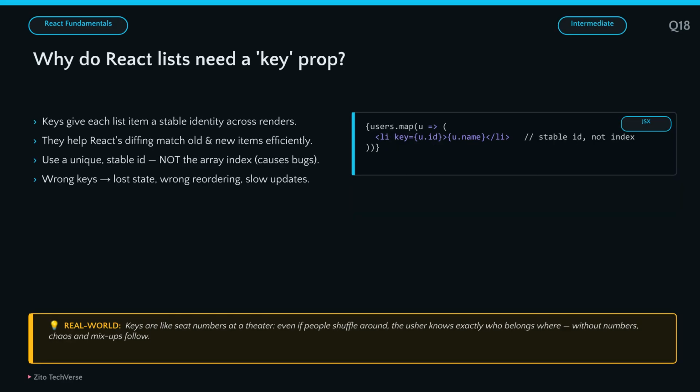Why do React lists need a key prop? Keys are how React tracks list items efficiently, and a common interview topic. A key gives each item a stable identity across renders, so React's diffing algorithm can match old and new items correctly when the list changes. The critical rule: use a unique, stable id, not the array index. Using the index causes subtle bugs, lost input state, wrong reordering, and unnecessary re-renders whenever the list is sorted or